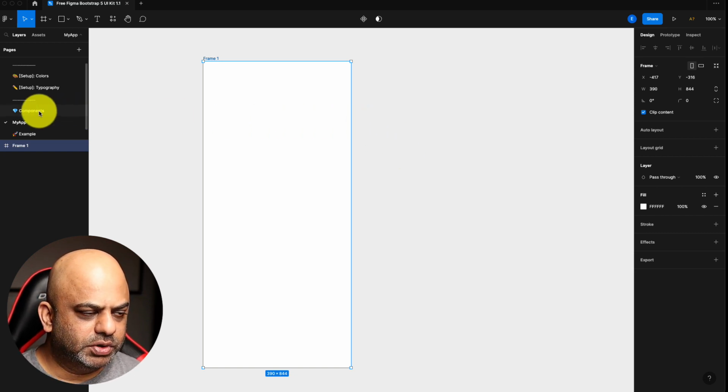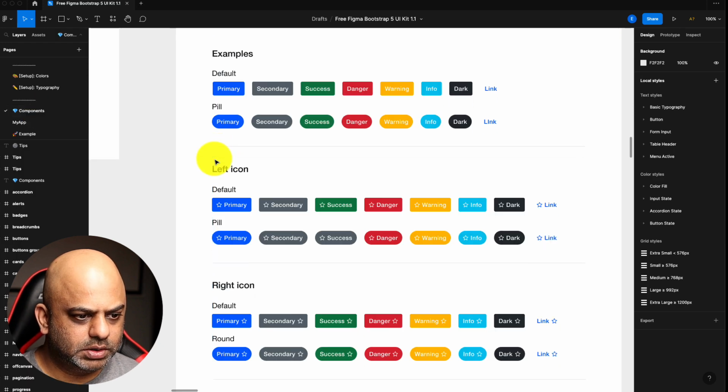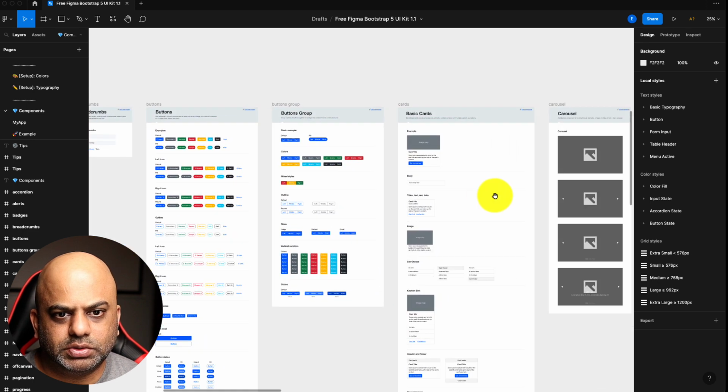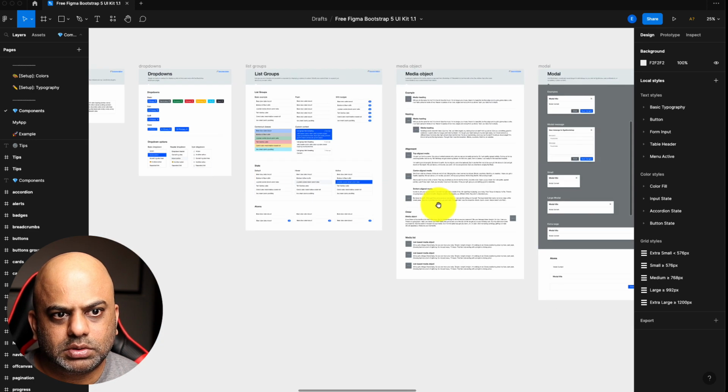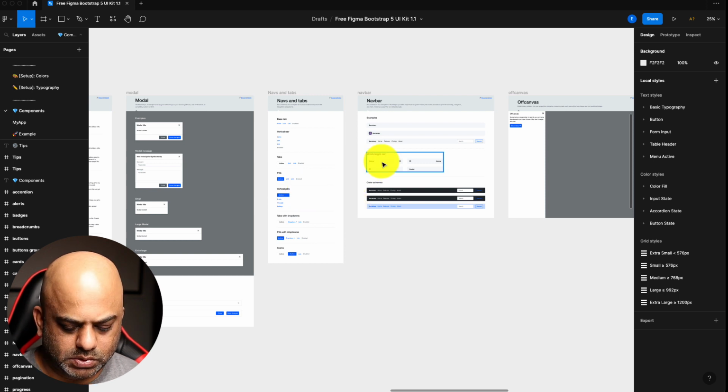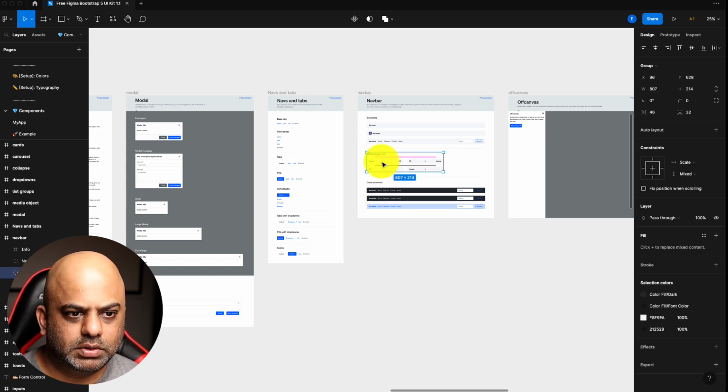So let's get the component from here. Let's see, for the nav bars, I'm going to use this one, the mobile version of it. There we go.